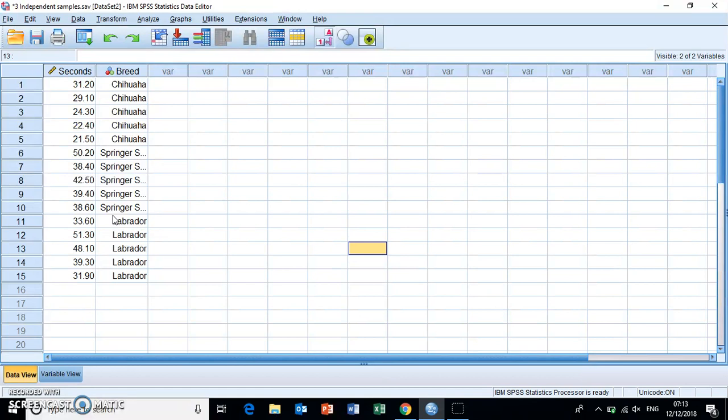Now the parametric version is called an analysis of variance, or ANOVA, and the non-parametric version is called a Kruskal-Wallis test. And whether or not we can use the parametric ANOVA depends on whether the data are normally distributed. So whether in this data here, the seconds to solve the puzzle, there are any significant outliers or not. Now, in order to perform this test for normality, that will tell us which test for differences to use,